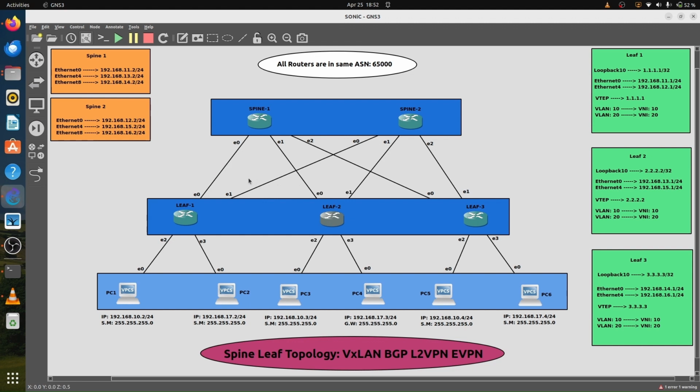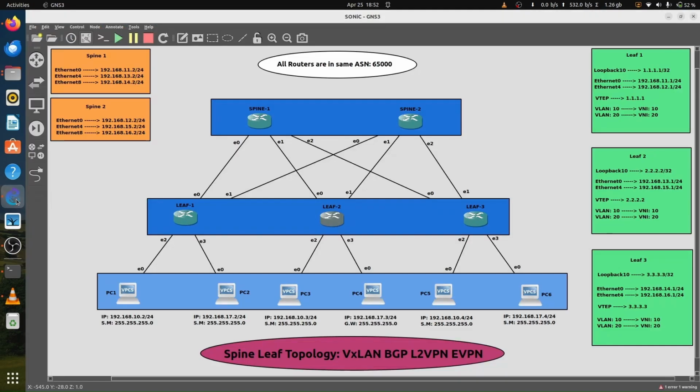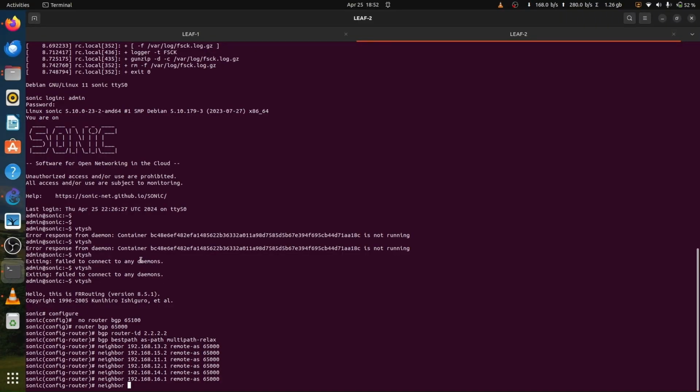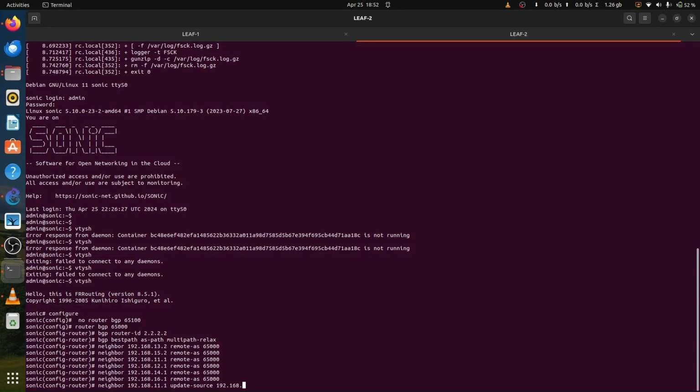here are two links for neighborship. So for this link, I'll use the source this path, and for this link I'll update the source this path. Now for leaf 2 neighbor, here for 11.1 the update source will be 13.1. For 192.168.11.1 the update source will be 192.168.13.1,